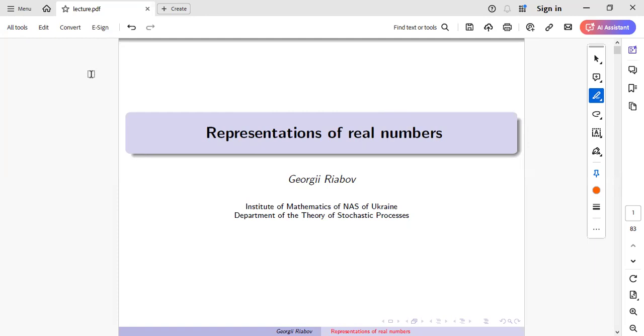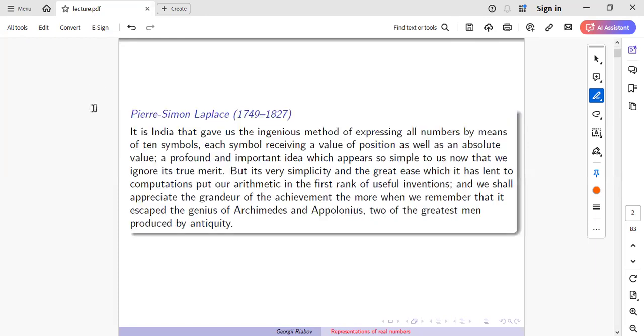Of course, numbers form the basis of all mathematics. And one of the first questions that we learn about numbers is how to represent them. I will start with a quote by the famous mathematician Laplace,